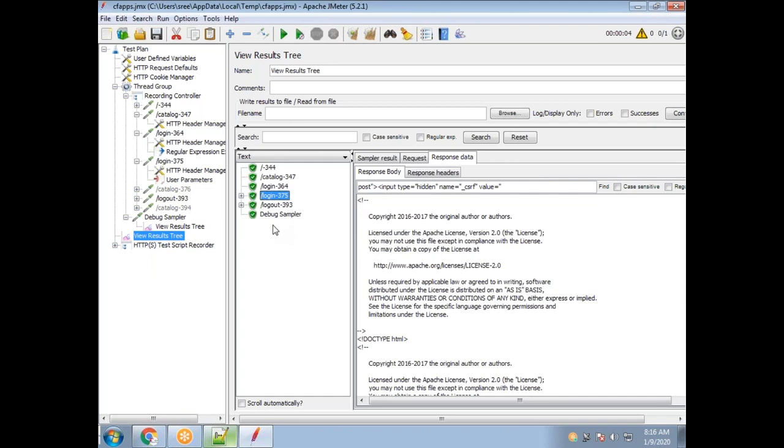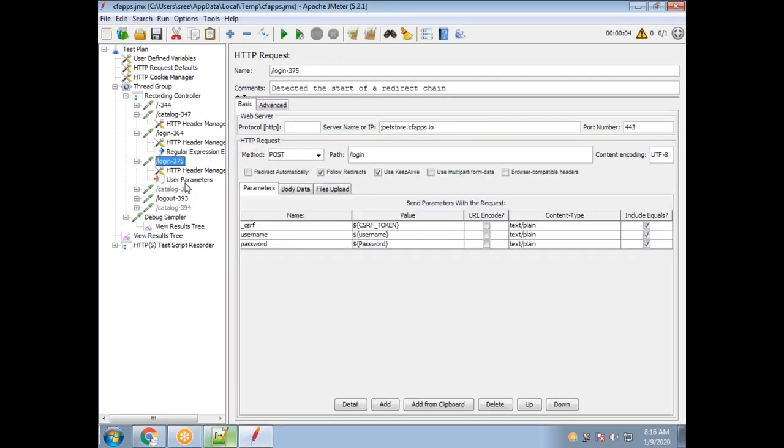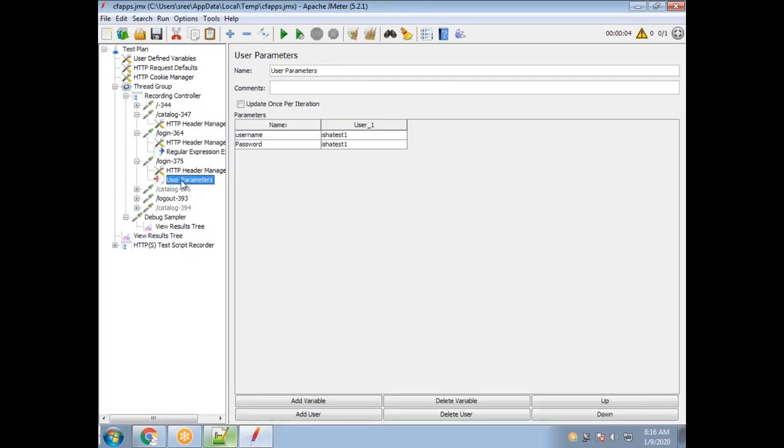Nope. Oh, it has worked. Wonderful. Okay, so let me look at that in the browser just to make sure it's absolutely working. Okay, yeah, it was able to log in with Isha test 1. Wonderful. Okay, so here, as you can see, guys, as I'm exploring in the class itself, I've added a pre-processor